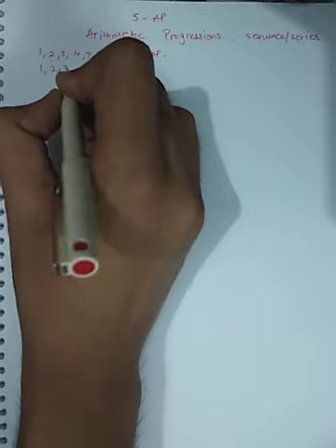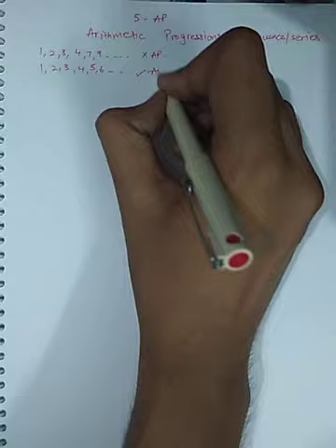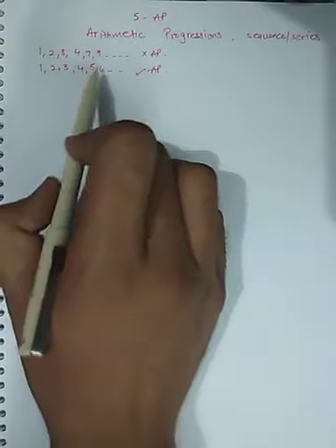Progression means a series. So we are going to deal with a sequence of numbers, or series of numbers. For example, 1 2 3 4 7 9 is a kind of series, it's going on, but this is not an AP. For example, the next series 1 2 3 4 5 6, this is an AP. Now what is the difference between these two? The common difference between every two terms is the same.